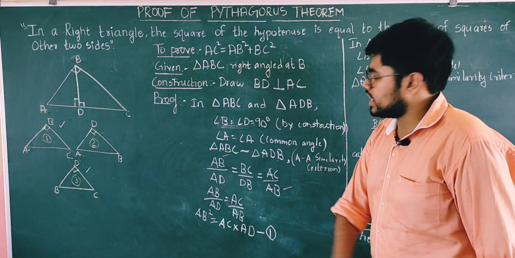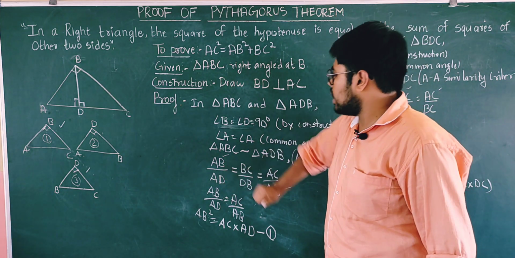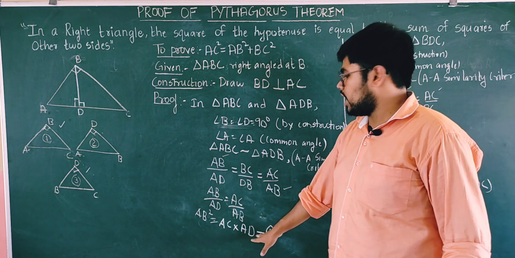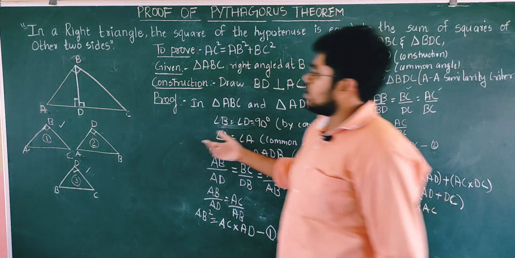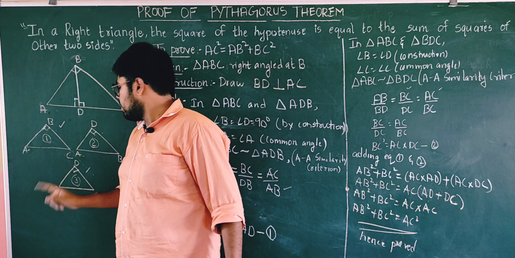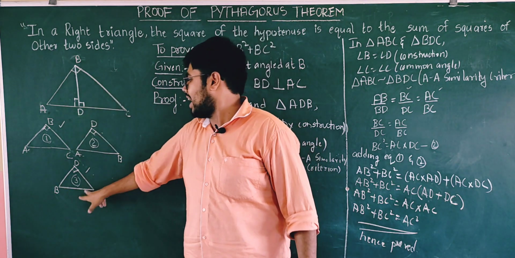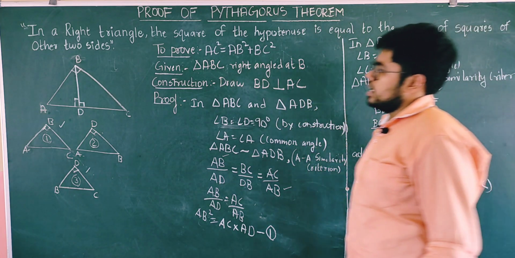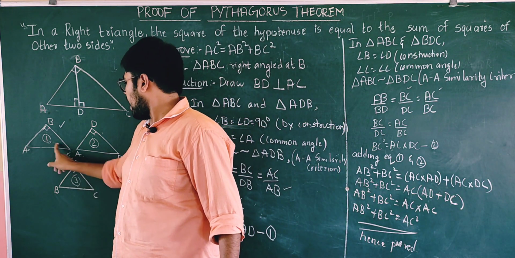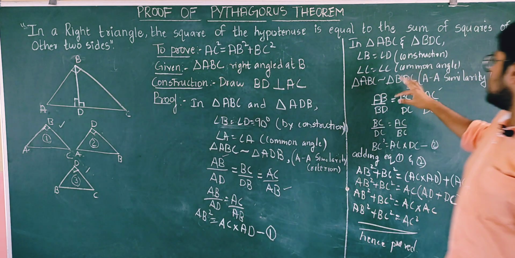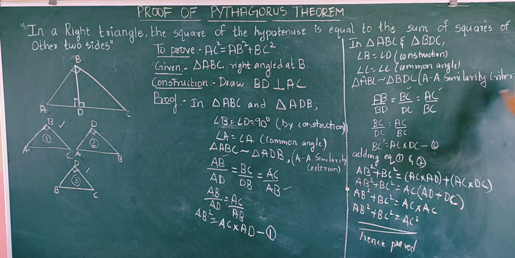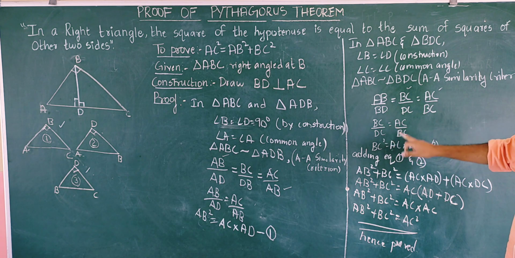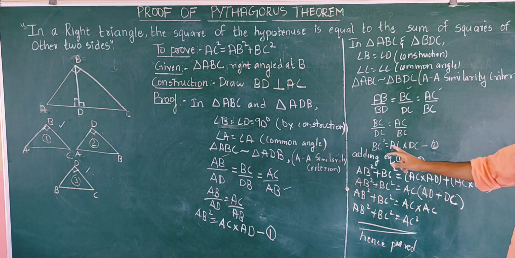When it is similar, I can compare the ratio. Take only two ratios where AB is common. When I cross multiply, I'll get one equation. Second, I compare the bigger triangle with the smaller broken triangle. Angle B and angle D are 90 degrees, and in both triangles angle C is common. According to the similarity criterion, I can compare the ratio, take two ratios where BC is common, and cross multiply to get this equation.